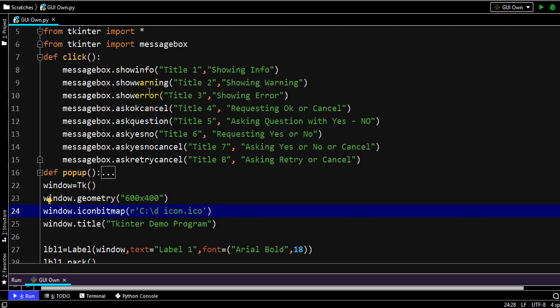It's going to show some title as well as the content in the message box, but apart from that there will be a logo which tells you whether this is a mere information or just a warning or an error, or sometimes you will be prompted whether okay or cancel.